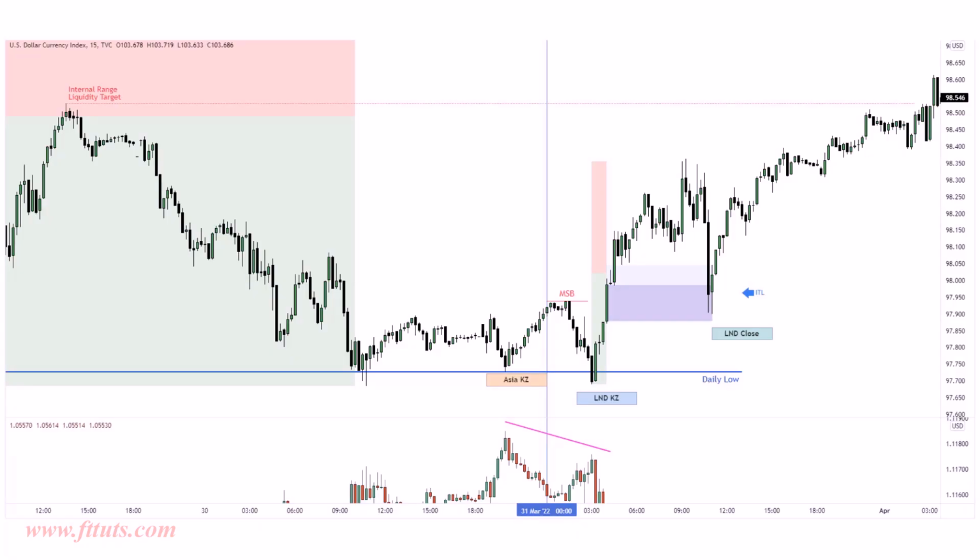And when your levels are correct in terms of long-term perspective level and an intermediate-term perspective level, you would see confirmation with intermarket analysis. Intermarket analysis is essentially you comparing this asset to correlated pairs. So the correlated pair on the bottom is the Euro USD, and since it's correlated negatively with the US dollar, you can see we have SMT divergence, which acts as confirmation, which just makes this trade even more high probability